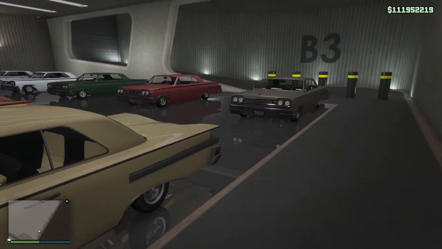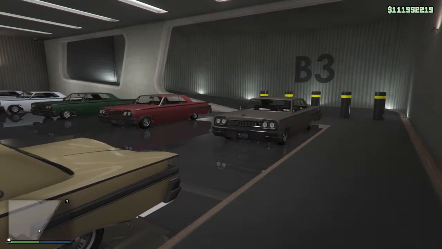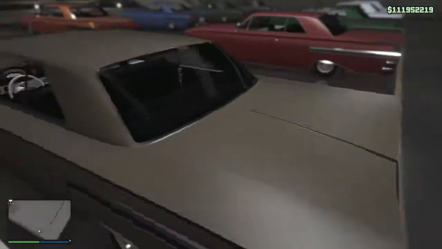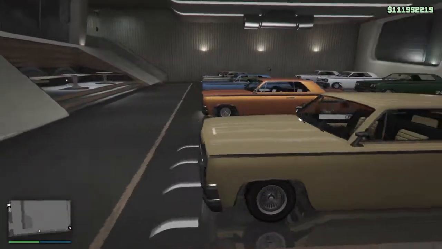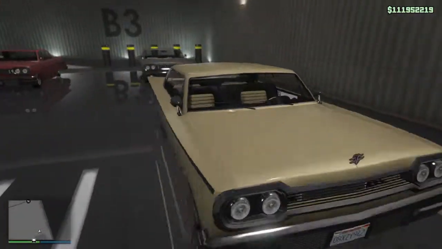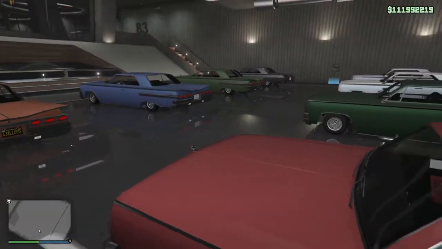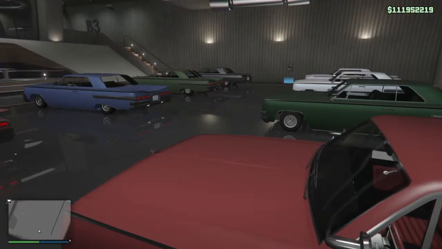Do that 10 times, and you will see that the 2 last cars that spawn are actually this one and this one. So these 2 cars will not spawn anywhere unless you do what I just told you. Go to the Voodoo house with a friend. Your friend watches those 8 Voodoos as you take them to him,